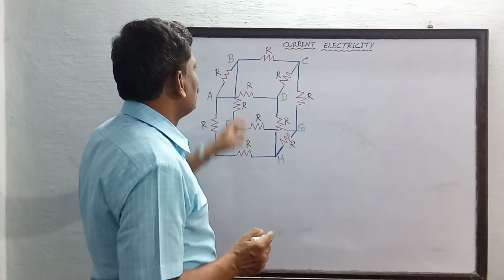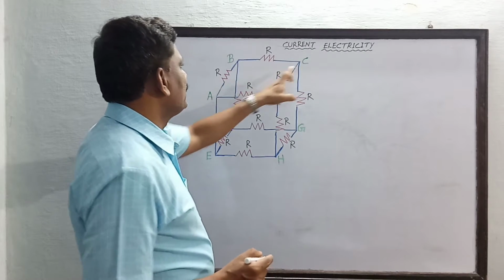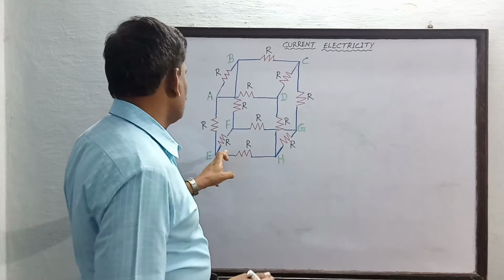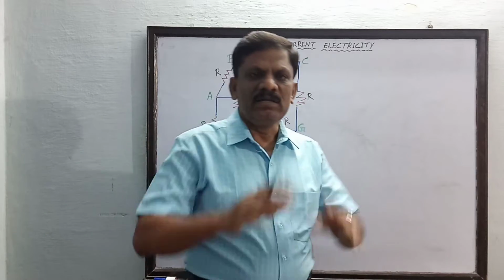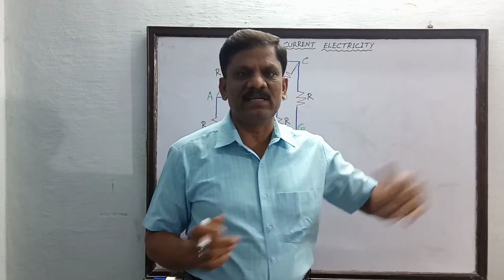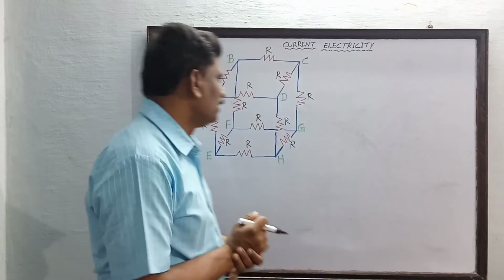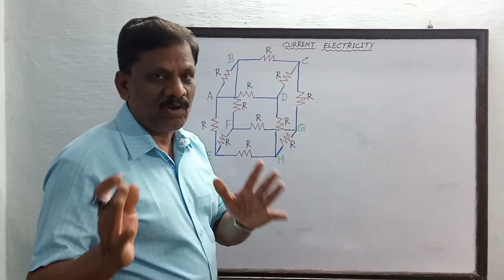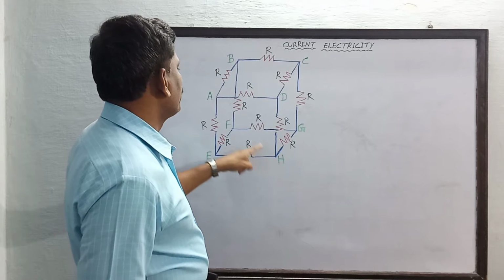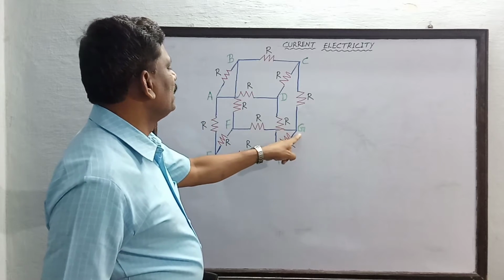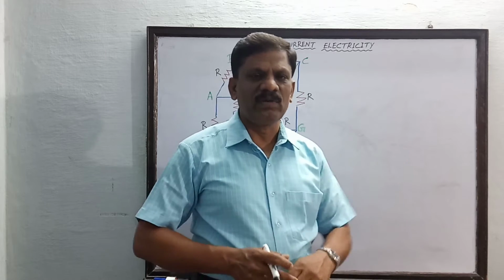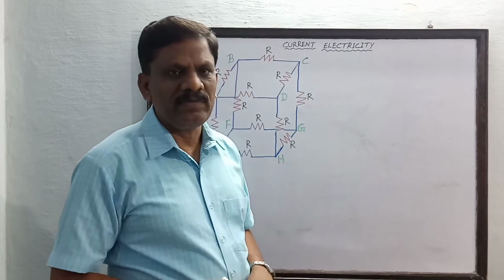Then you can join any 2 points like A, C, or B to D, or C to H, or E to G. On every surface, one diagonal can be drawn. That is called the surface diagonal. Secondly, there is one more diagonal, the longest diagonal. For example, B is joined with H, and like that A is joined with G, the longest diagonal. Understand? Now we are going to find the effective resistance of this network between any 2 points.